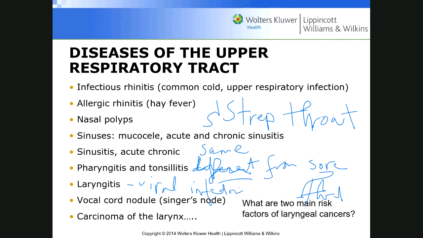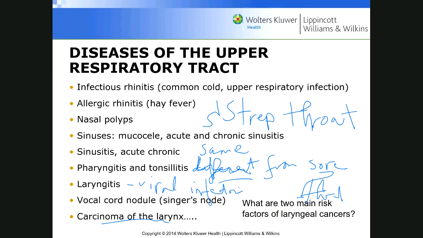Okay, very similar to a common cold. All right, carcinoma of the larynx. It's very rare in terms of malignant cell growth on the larynx, but it does exist, and often these